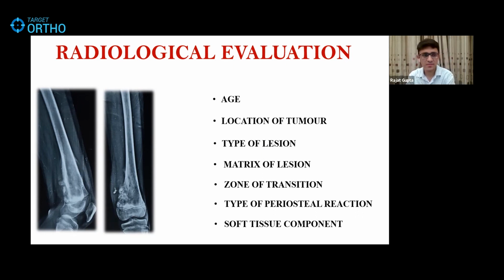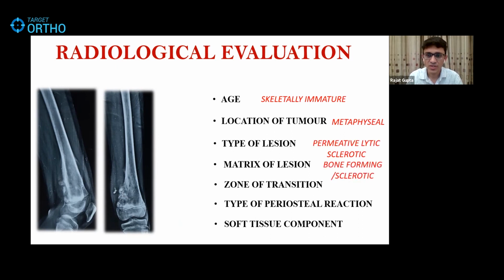So what could be the differential here? Firstly, it can be an osteosarcoma. Yes, very good. And any close differential? It can be an Ewing's sarcoma. Yes, Ewing's, just to complete the list, but the ossified matrix is particularly the sine qua non of bone forming lesions. So osteosarcoma is there. Anyways, this is a skeletally immature patient with a permeative lesion and an ossified matrix and wide zone of transition and Codman and sunburst kind of periosteal reaction with a soft tissue component.